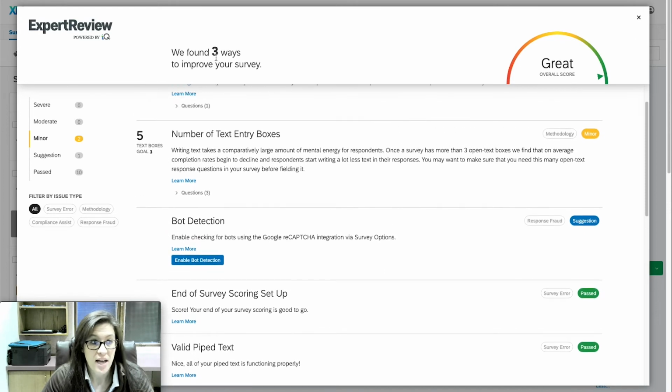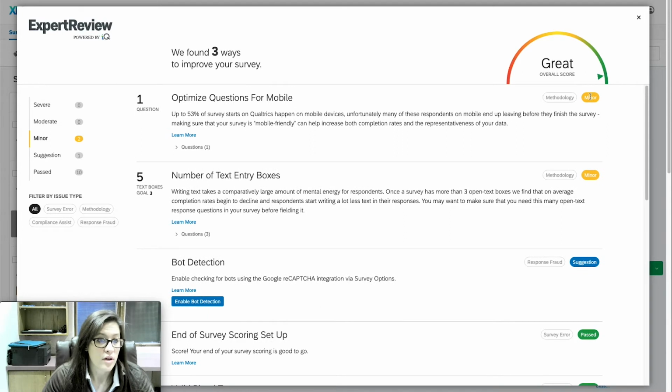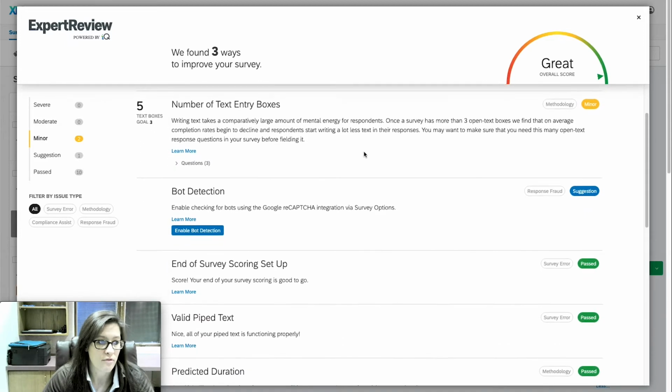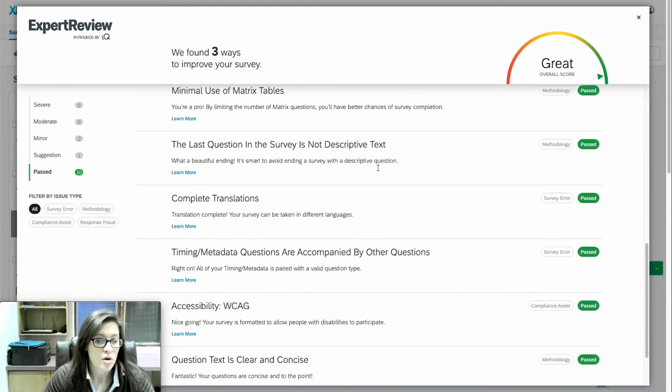And it tells me that it has 3 ways to improve this survey. And it's going to show me what the options are and how great or minor those issues are. And so it looks like I really only have 2 minor issues, and we kind of already talked about that a little bit before. It will go through certain settings to see if you've passed them, which will help determine